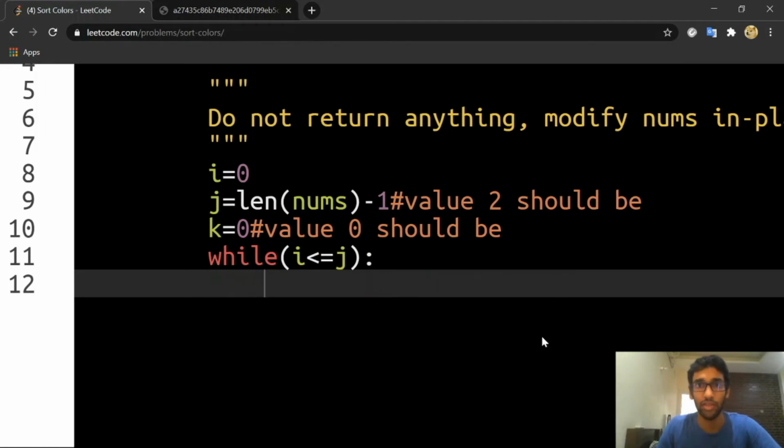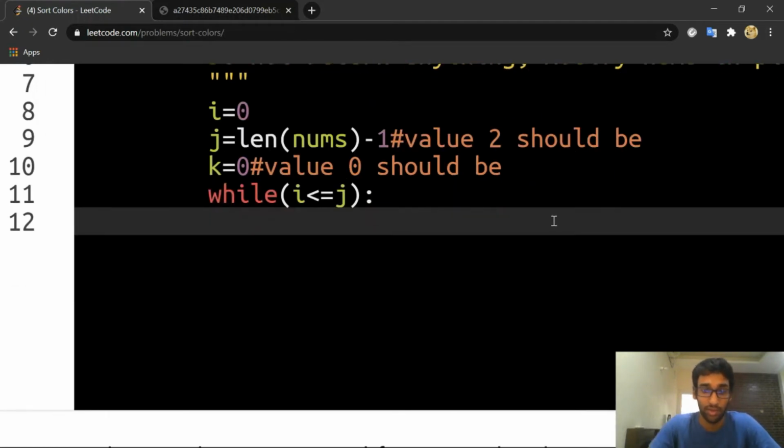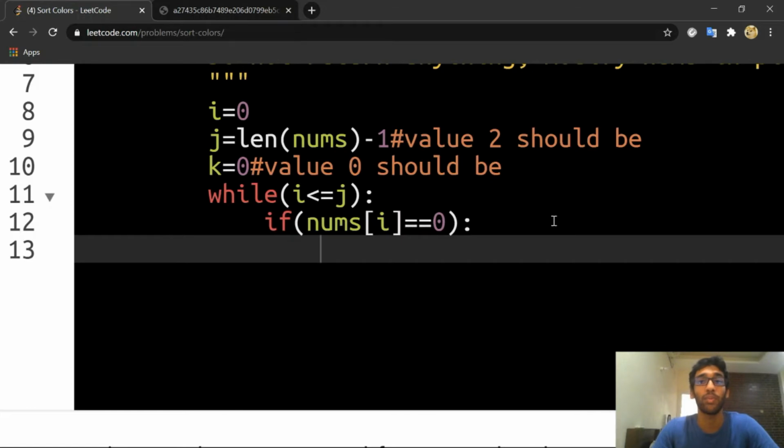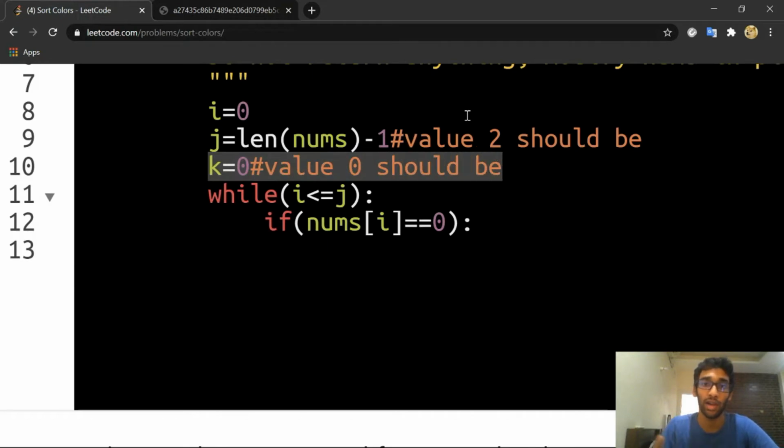The first thing we check is if the value we find is equal to 0. If it is, we swap the i pointer with the k pointer, because the k pointer is where the value 0 should be.